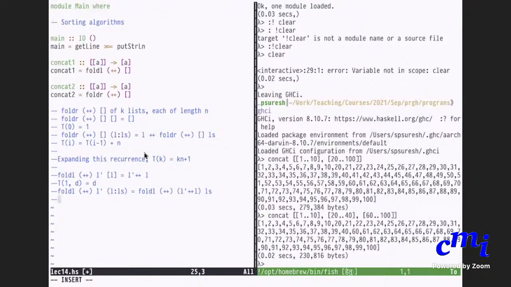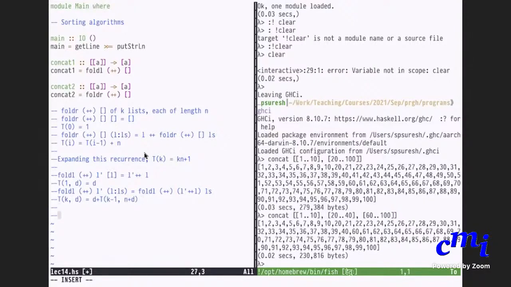Okay, good. So sorry about this. So the time taken when you have to process a list of length k, and your original list L prime has some size D, let us say, is actually D plus, because you have to do this operation, L prime plus L. So you have to do D work, and then the recursive call is T of k minus 1. Now you have k minus 1 elements in your list, but the accumulator has increased its size. The accumulator size has become n plus D.